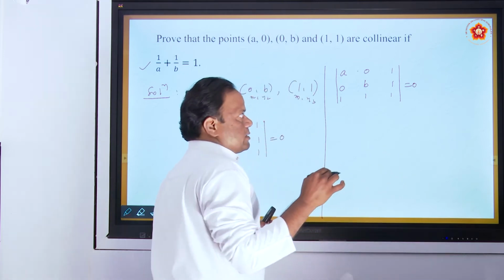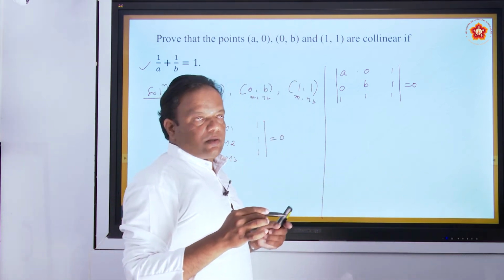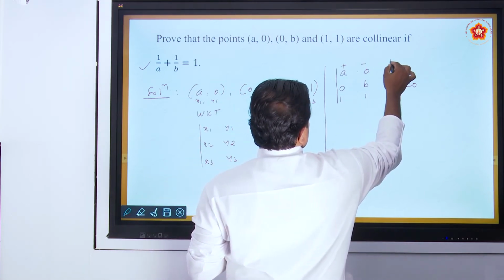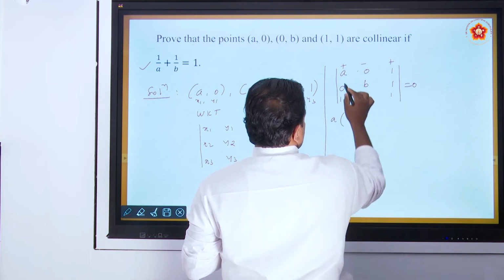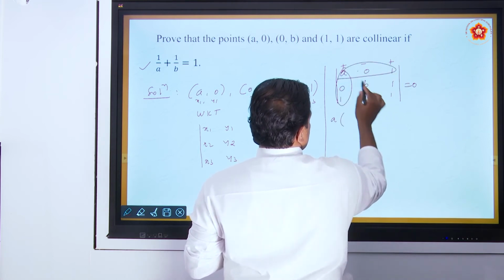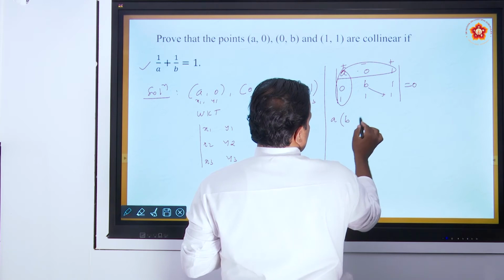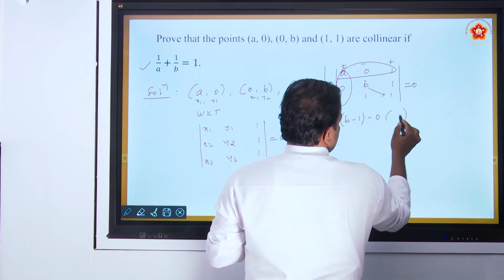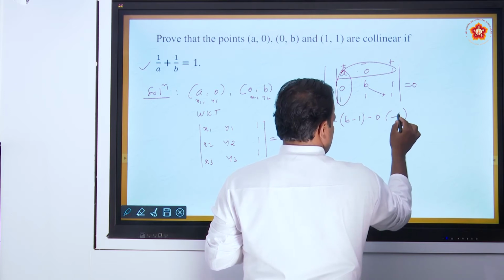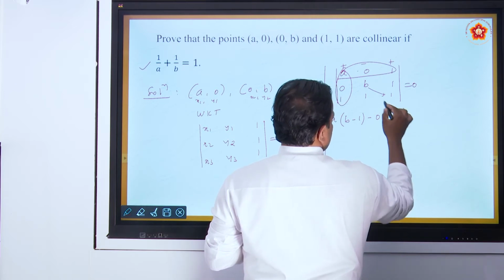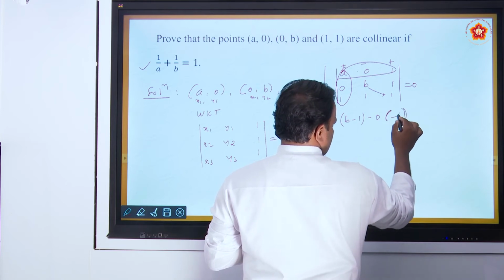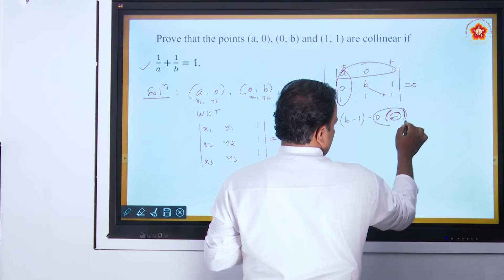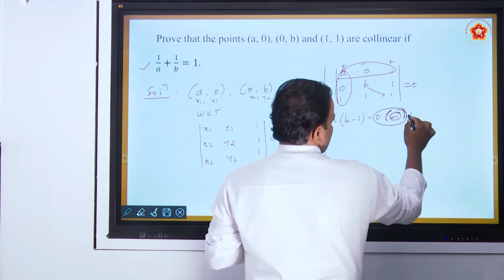Correct. So expand this by expanding along the first row, with signs plus minus plus, taking a, eliminating the first column and first row. What is remaining here? b into 1, b, minus 1 into 1 is 1, minus 0. You know that 0 into any number is 0. No need to write anything here. You keep it as it is: 0 into the bracket, if you take any number here, it becomes 0 totally. 0 into number is 0. Take plus 1.